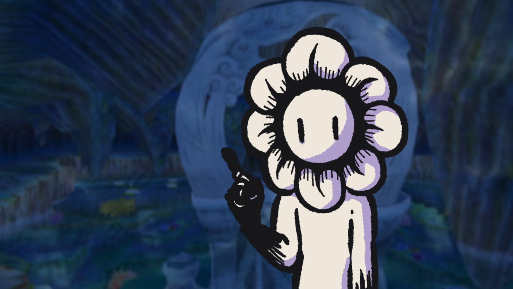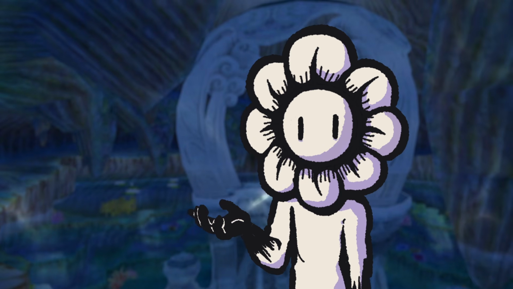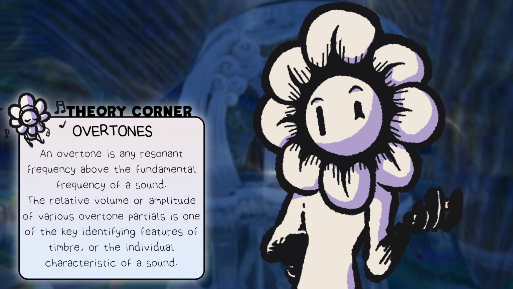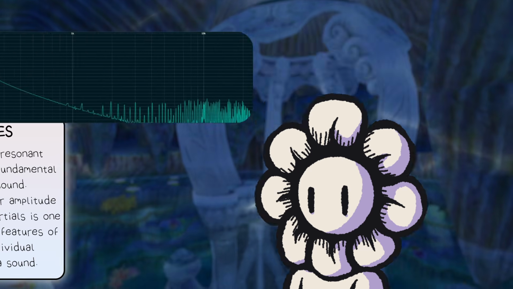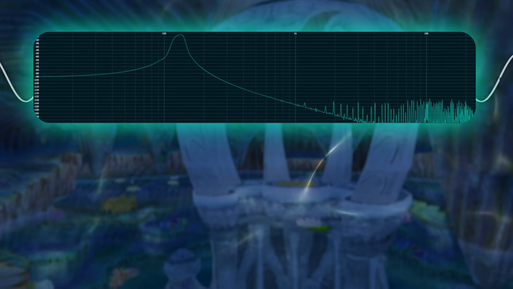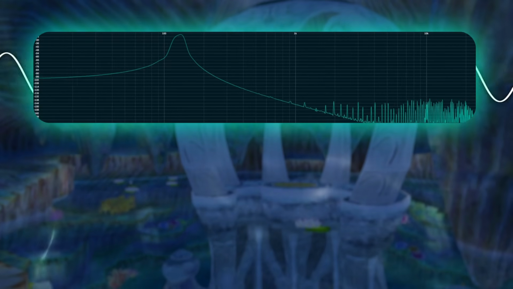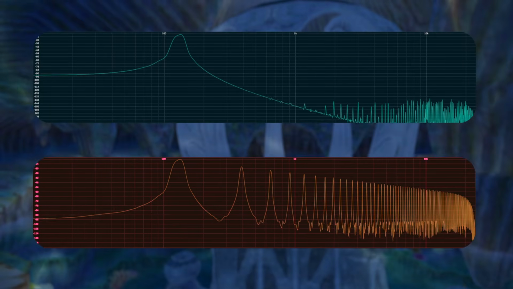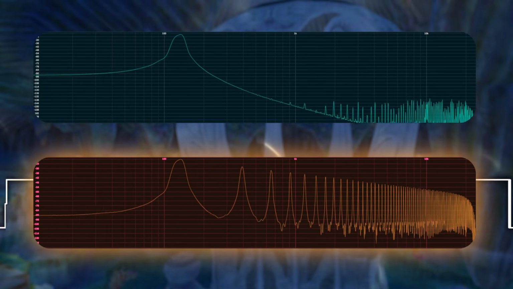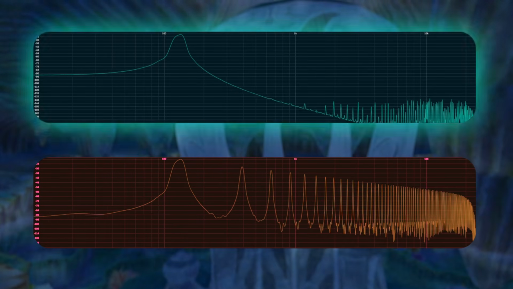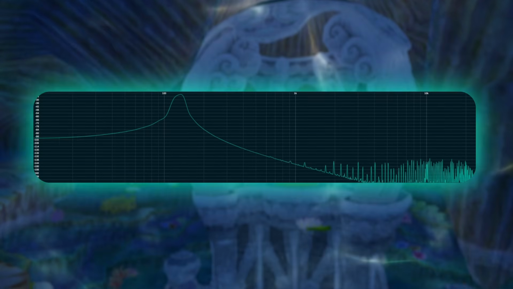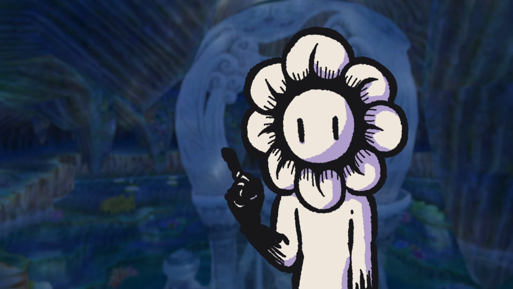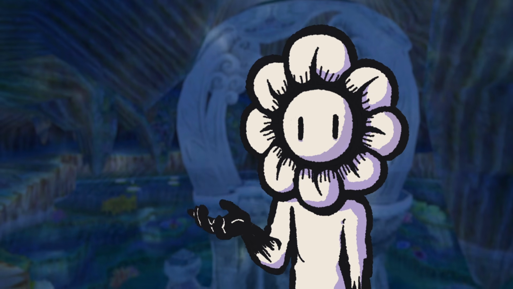Now, overtones sound quite complicated, and it is, but luckily you don't need to understand it, you just have to hear it. Let's compare a sound with little to zero overtones, like the sine wave, with a square wave that has a lot of overtones. As you can hear, round versus square, and for water music, we want the round. So next time when you pick your instrument, try and pick sounds that have this round quality.